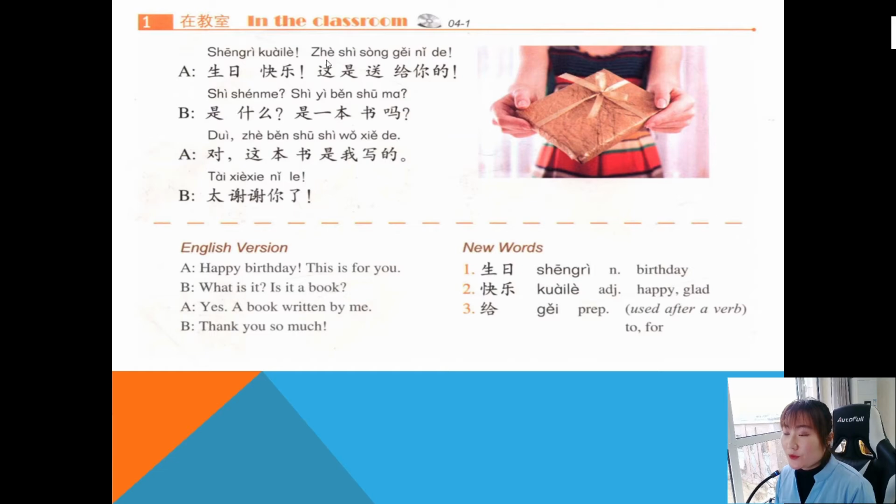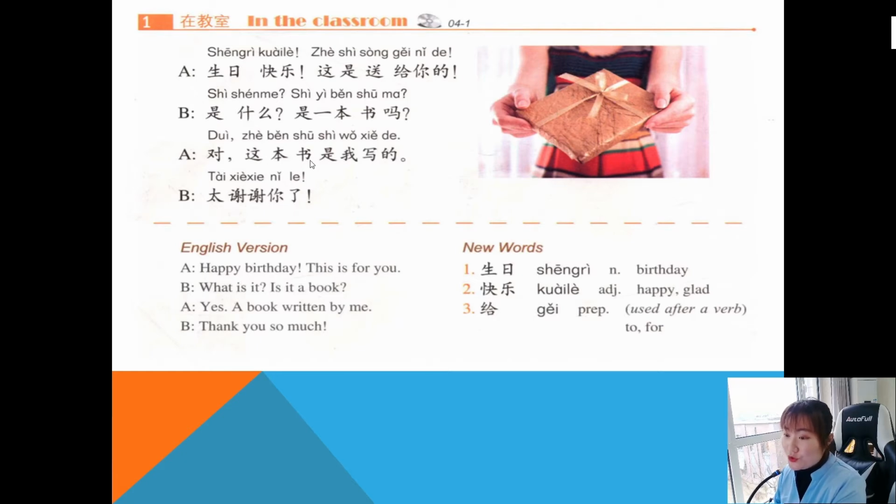So this is for you. 这是送给你的。So one more time, 生日快乐。这是送给你的，是什么？是一本书吗？ So what is it? Is it a book? 是什么？是一本书吗？ So yes or no question and 对 yes 这本书是我写的 Wow